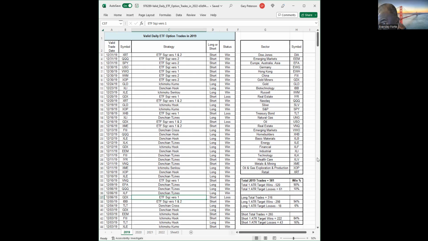This is how we track, how we do the overall stats. In 2019, you see the long to short wins. This spreadsheet is on the website, so you can just download it at your convenience. 2020